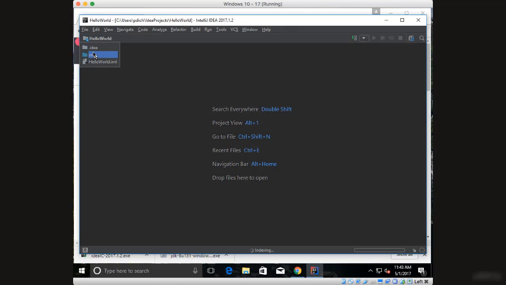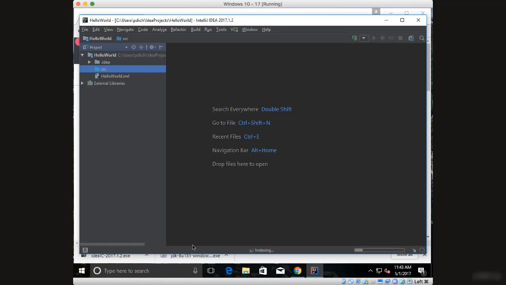So if you go to source, it takes a few minutes. As you can see at the bottom here, it says indexing, so give it some time. In this case here, it created our project, and you notice here you have to click on the hello world and go to source for this to open. And then under source here, this is where we're going to put all of our Java classes and all of the stuff. So for now, what we're going to do, we're going to right click,